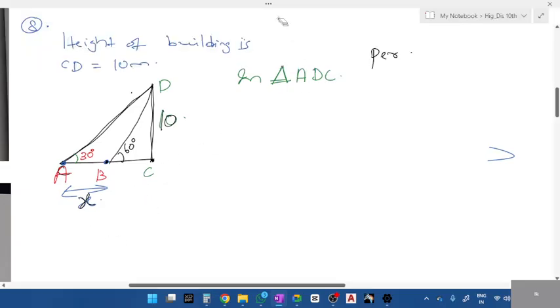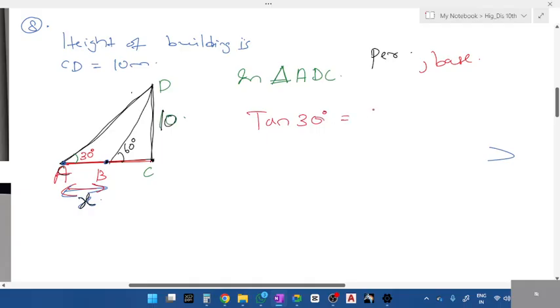We have taken the greater triangle. In that, the perpendicular is given. What's the other side asked? AC. You have to take AC, right? AC is what? Base or hypotenuse? So which formula do we use? Tan what? Yeah, tan what